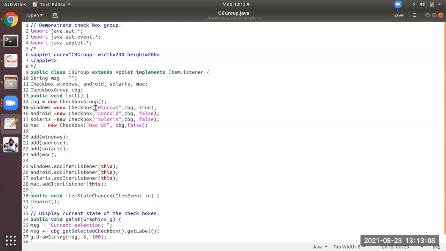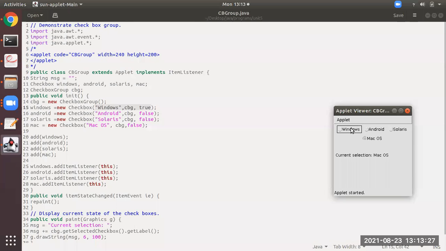But you see here, in all these four, 15, 16, 17, 18, the second parameter is the object of checkbox group. So when you write CBG, that is the object of the checkbox group class, with that you are able to see that all these are radio buttons. And the rest of the thing is the same as the checkbox class.